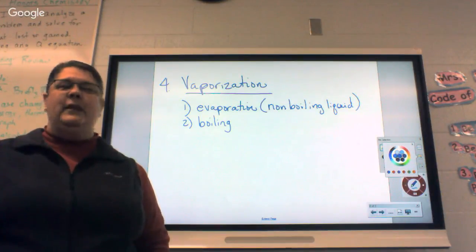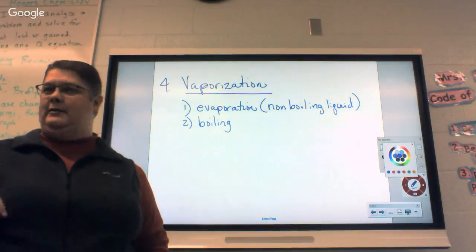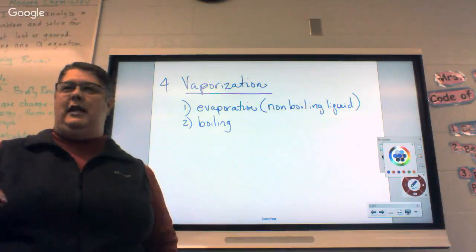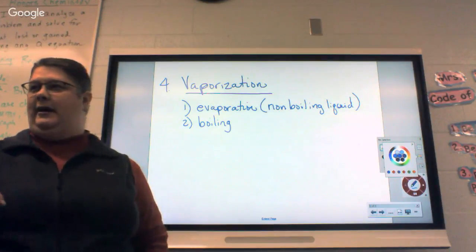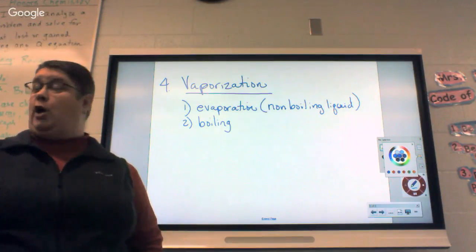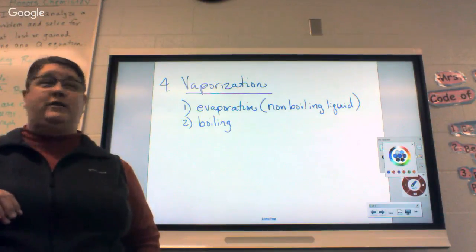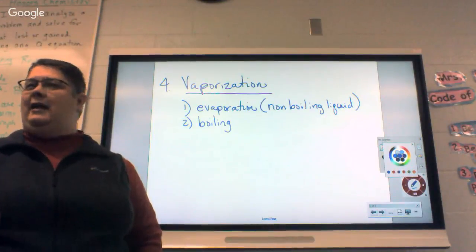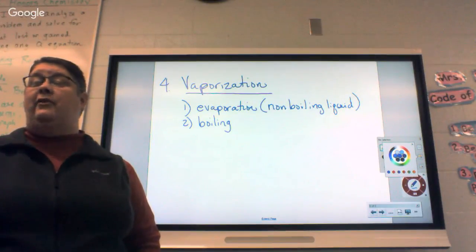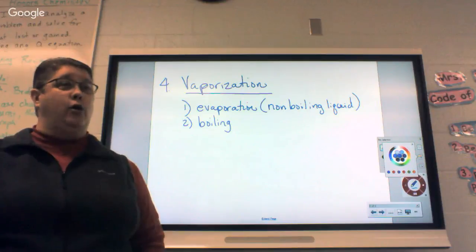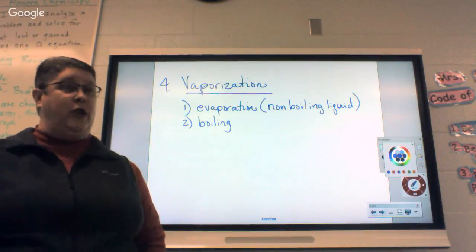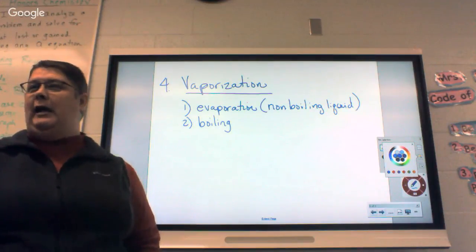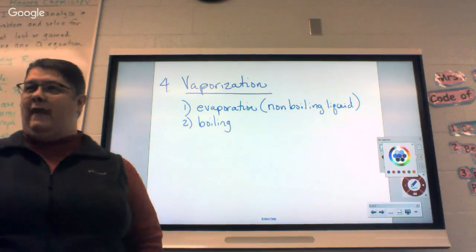Exactly. Okay? When water evaporates, it is a non-boiling liquid. So, water's on the road today. It's going to do what outside? It's going to evaporate. It's cold out, but that water is still going to evaporate. In the summertime, it might even hit 100 degrees outside. Is water going to bubble on the street? If it does, do not put your feet in it, okay? That water is still going to evaporate.